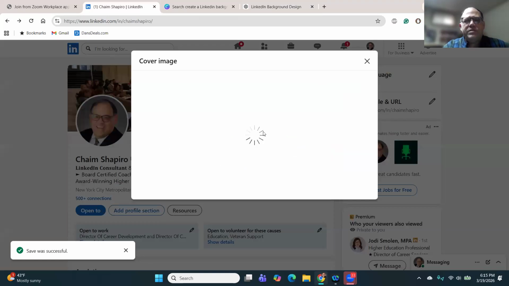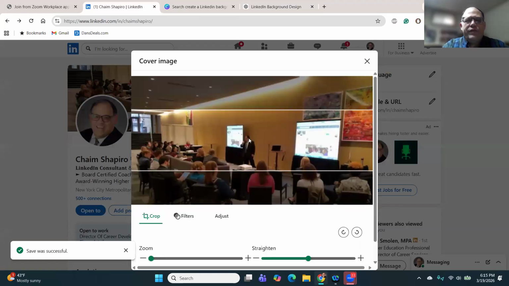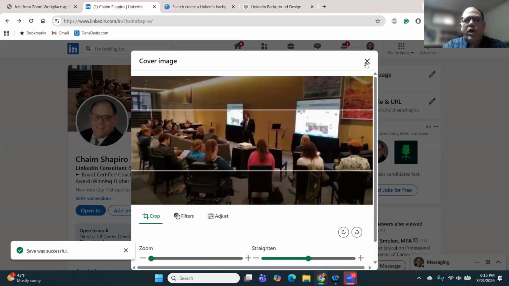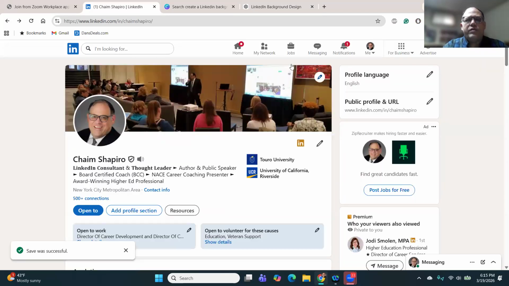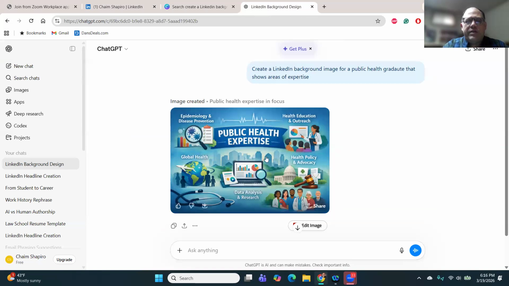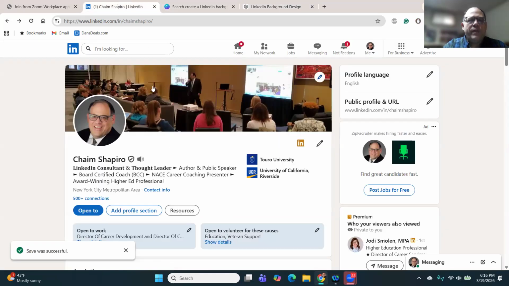This is where the upload happens. You can upload your picture and then move things around to get it where it needs to be. Just be aware this is a wider photo than most photos. It looks like the one they created here, I would have to input into ChatGPT to make it wider, because it might not actually have the proportions correct if I move that over. Also, be aware that your photo shows up over here on the bottom left, and there's really nothing you can do about that. So if there's something really important over here, you don't want to have that blocked by your photo. So make sure you do that. I think a personalized background image that promotes your brand really helps take you to the next level.